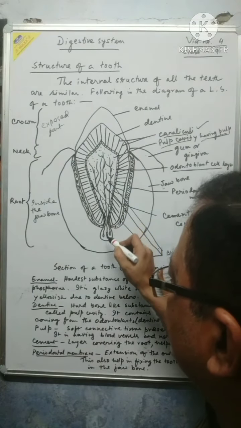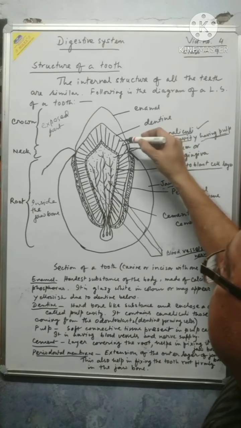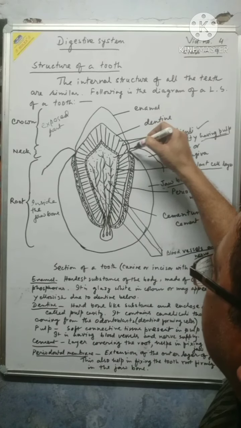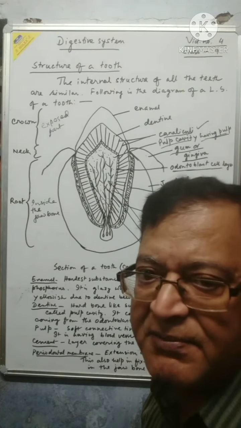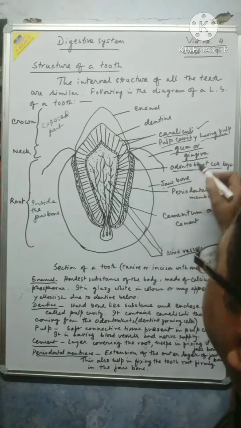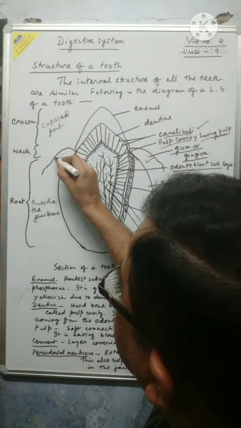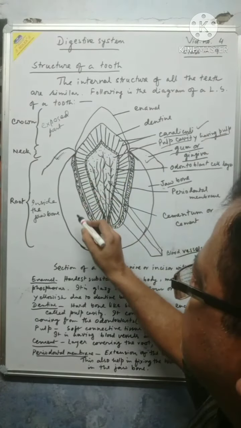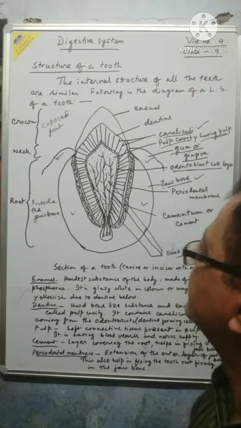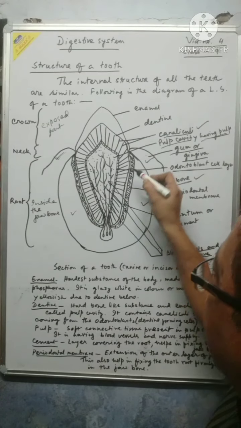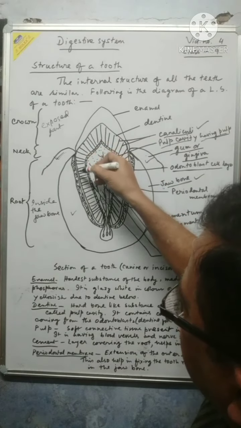So this is the root part of it. This is the jawbone, and at the junction with the crown, this is the gum or gingiva. Gum is also technically called gingiva. This is the gum, this part. And below the gum, this is the jawbone. Connected with it, there is one more layer you can see. This is the layer coming down, and this is the layer coming down.